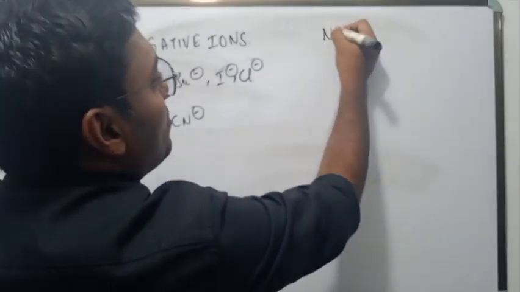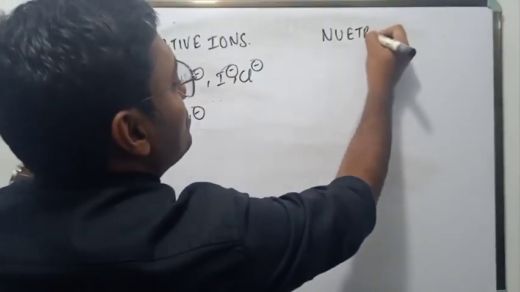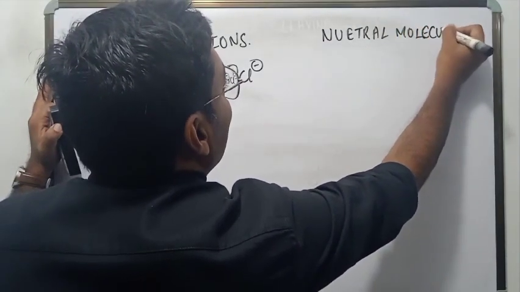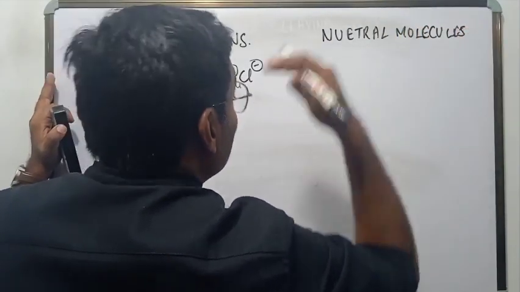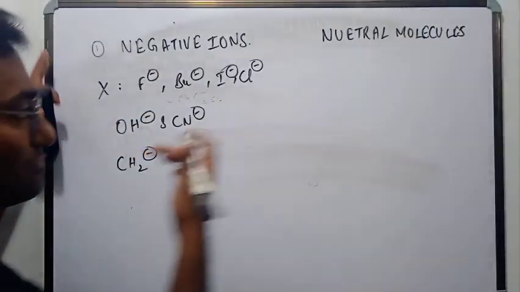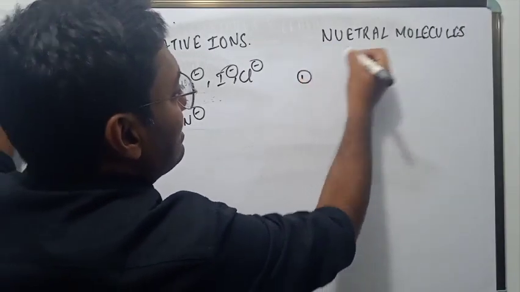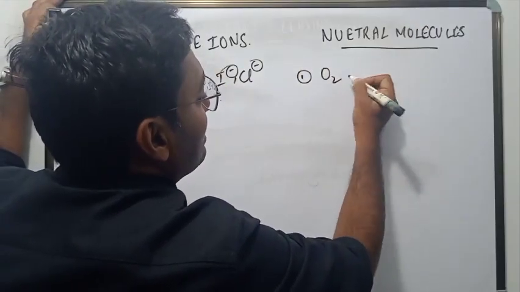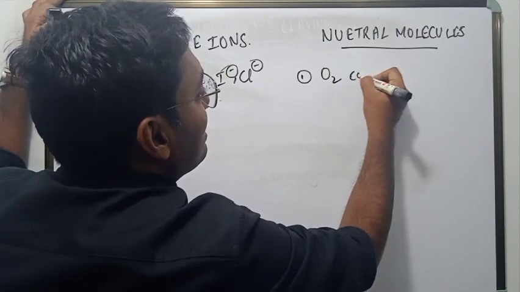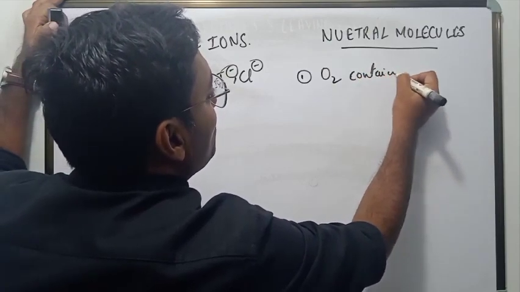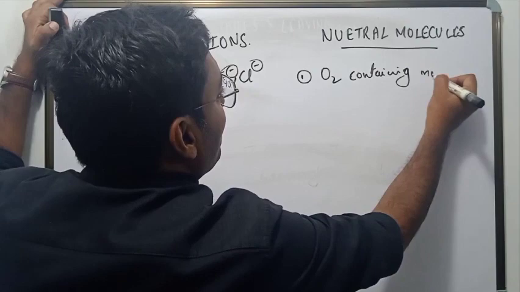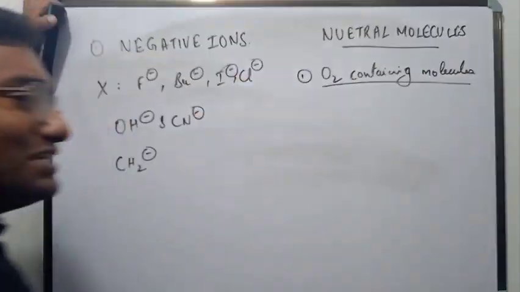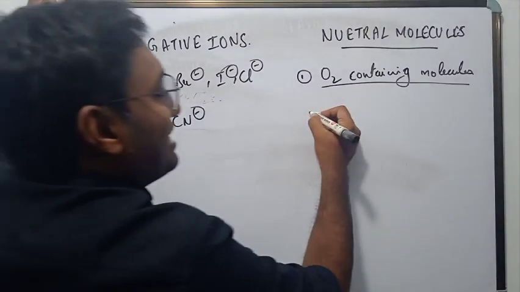Now there are neutral molecules. They don't have any charge, but they have a lone pair of electrons. That's what makes them nucleophilic. They are classified as oxygen containing and nitrogen containing. So let us see oxygen containing molecules. Can you think of some examples for oxygen containing? Yes, H2O,